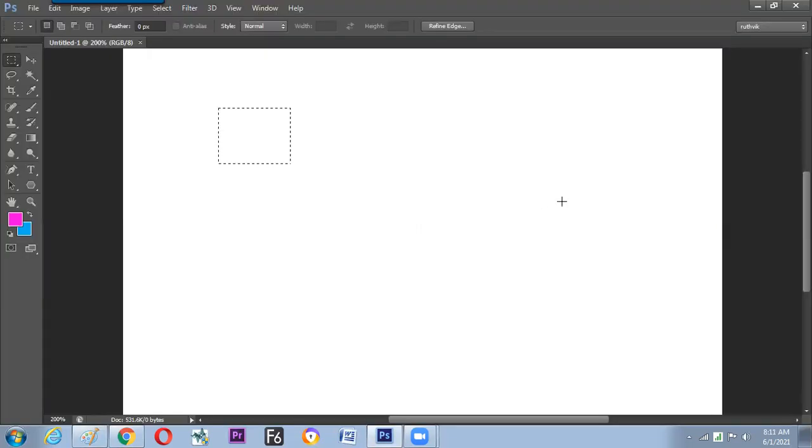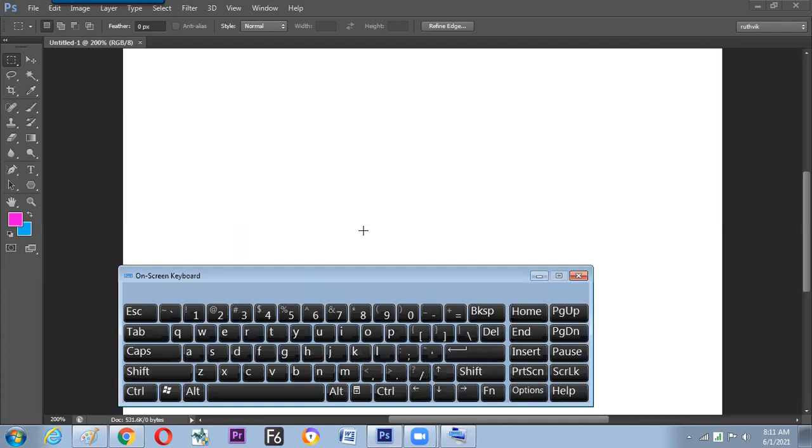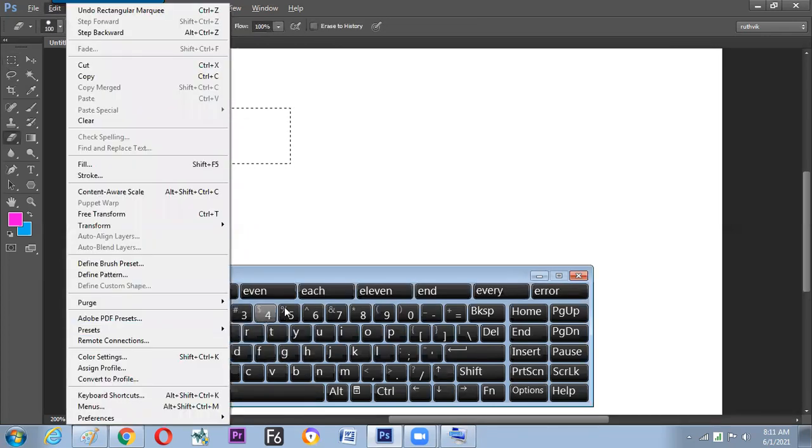So check the screen now, how to open the stroke option inside the menu bar. Hope we can see on your screen the time you are hitting the Alt button. What we have done on the screen, on your digital keyboard, we are just hitting the Alt button. And what will happen? The time you hit the Alt button, you can see a particular alphabet get underlined. Am I right? Yes. So here the Edit menu is underlined with the E command, right? E. So hit the E and get it open. So hope we know how to use the keyboard to open the Edit menu.